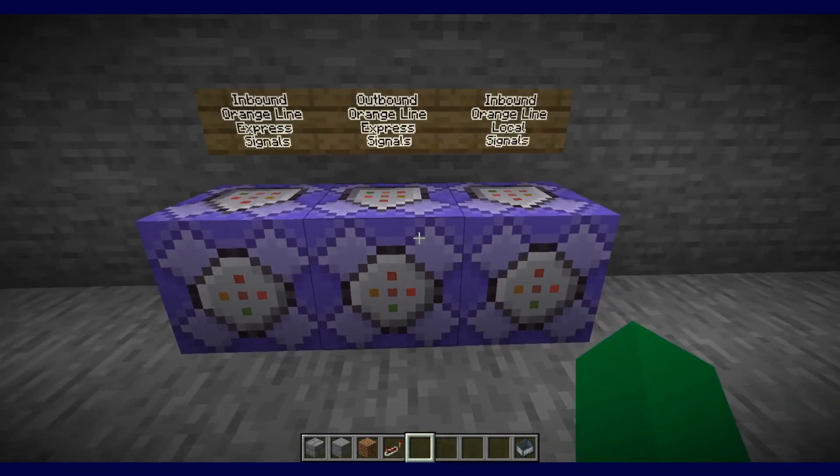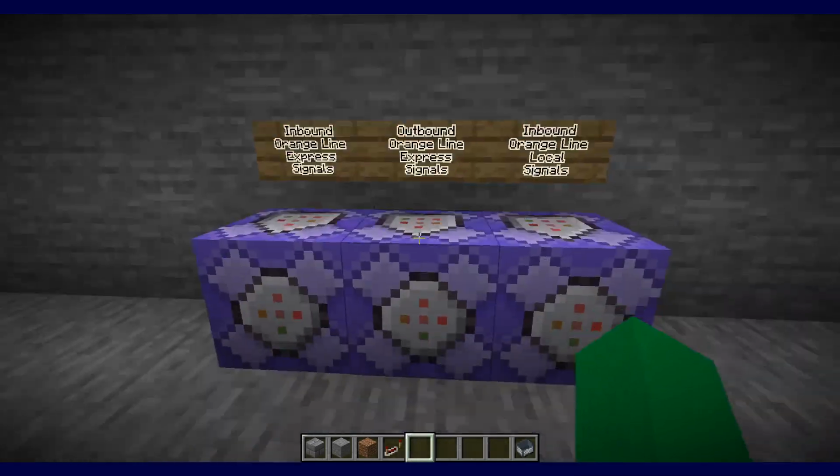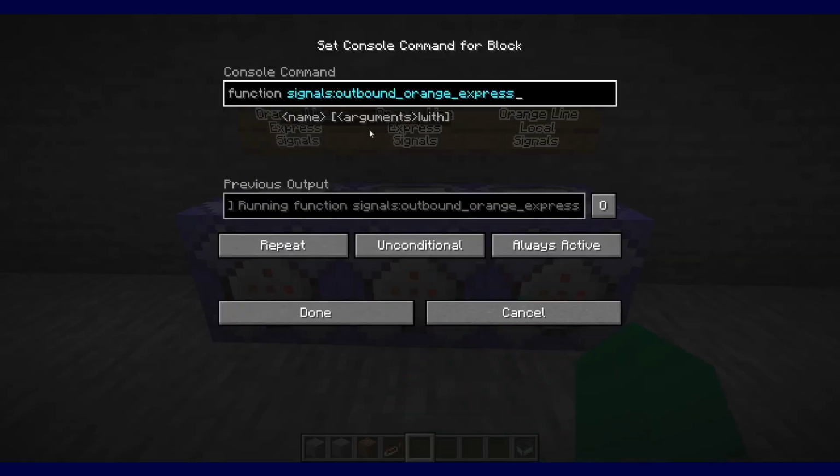So what I'm doing, if we take a look at the outbound orange line express signal, this one here, this is it. This is all it's doing. It's reading a function file continuously, because I have it on repeat and always active. So it's continuously reading this function file. And if we go into the folder where the function file is,